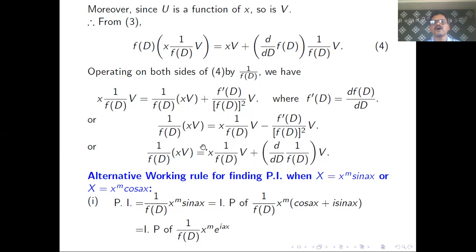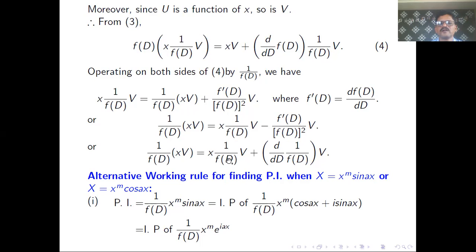and you have to remember this result, because if capital X is given as x into v, then in that case we will use this result for finding the value of the particular integral. So in my sense, friends, if you understand the proof of this result, now what you have to do, friends, is, if this rule is not applicable,